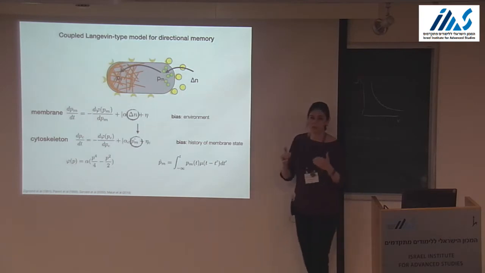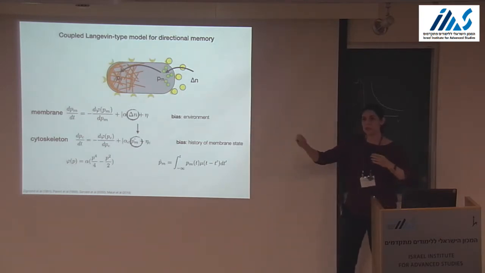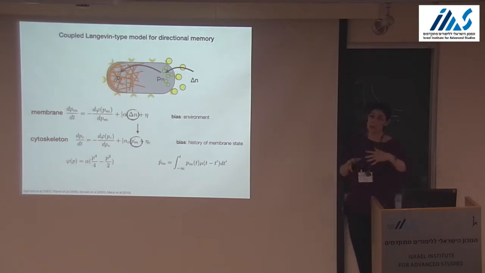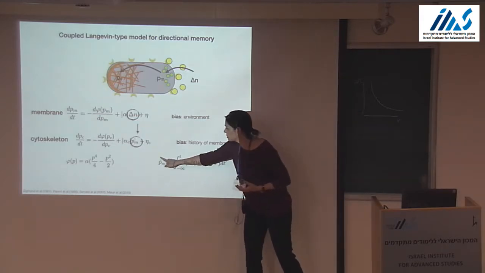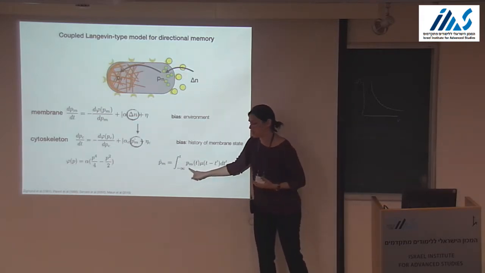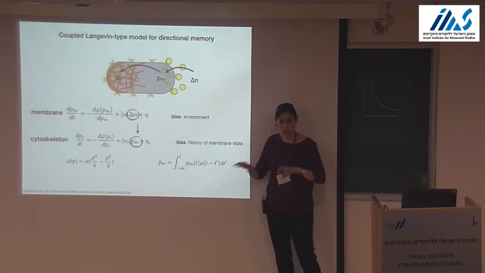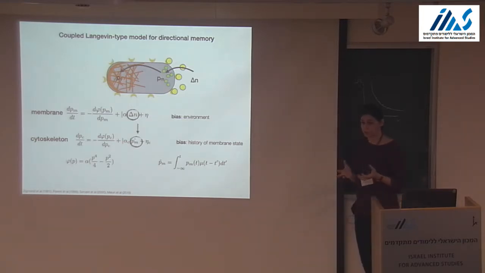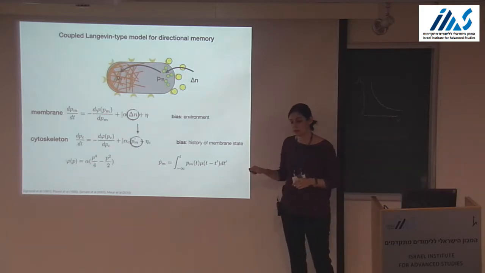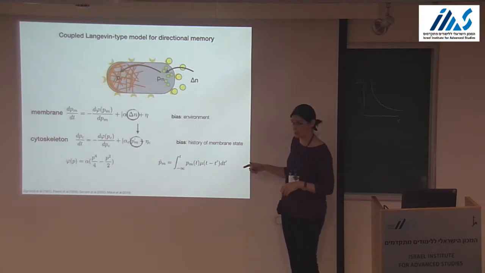But we have signal transduction in between, right? So information isn't instantaneous. It trickles down. Some of the information arrives now, some of the information arrives later. It's a stochastic process. So what we do is we convolve the polarization state of the membrane with this memory kernel or response function, if you will, which encapsulates the stochasticity of the signal transduction. And this is also what tunes in our time scale, the long time scale of the motor response.